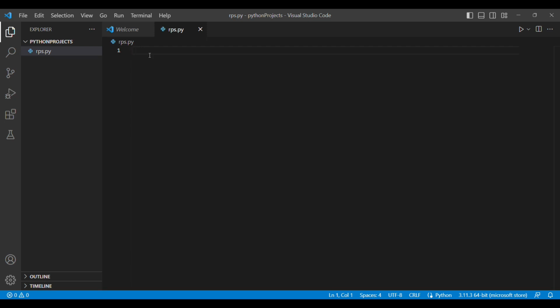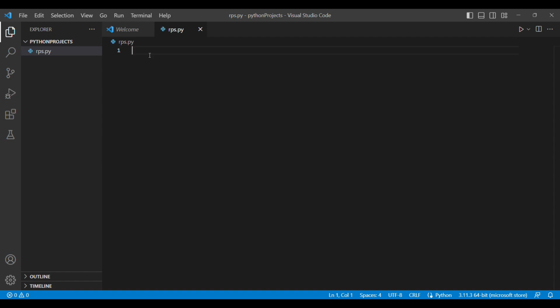So what is the plan? We're going to have an array that's going to contain the 3 choices that we have, that is rock, paper, and scissor. And we're going to use the randint function to get a random index between 0 and 2, because arrays or lists start indexing at 0, so it's going to be 0, 1, 2 for rock, paper, and scissor, and it's going to be random. That means that is going to be the computer's choice at random.